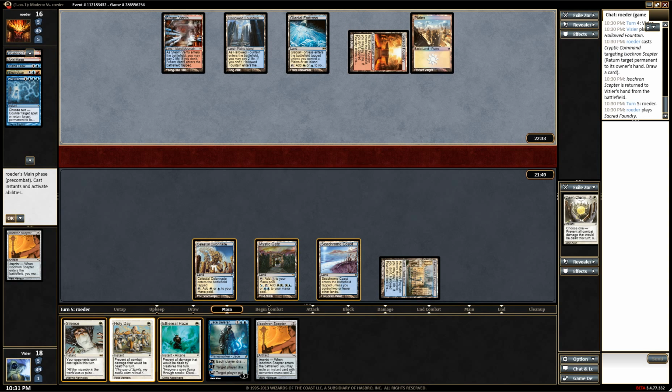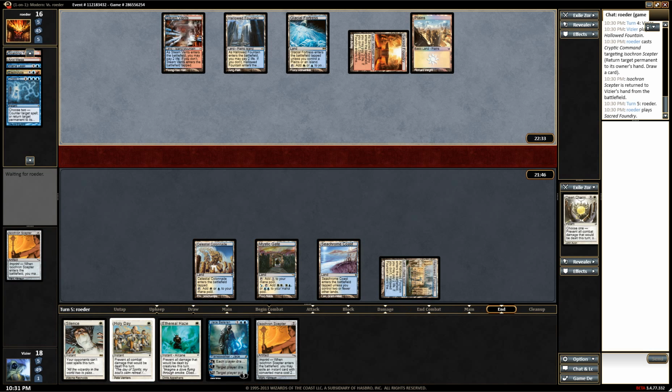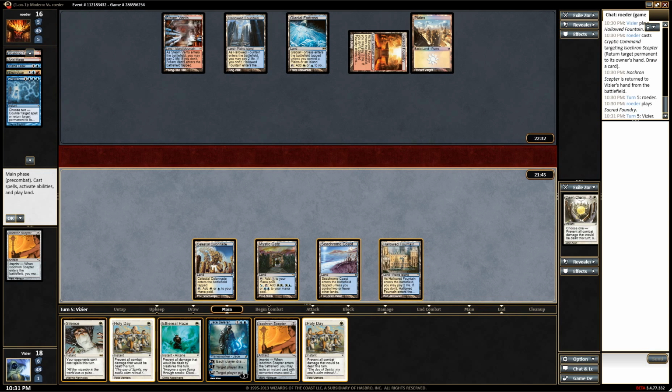All right. I'm sure he's got Snapcasters in there. That deck has Snapcaster and Pyromancer written all over it, but we'll see. I feel like here I want to cast...